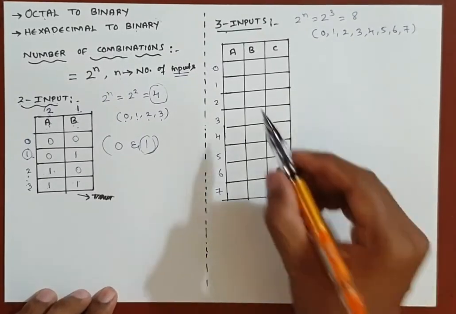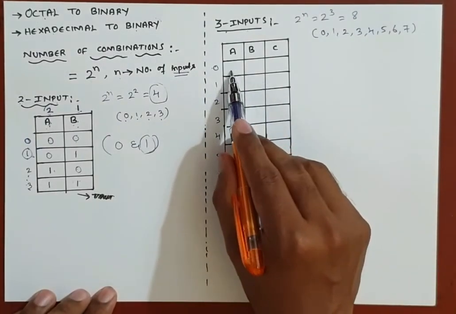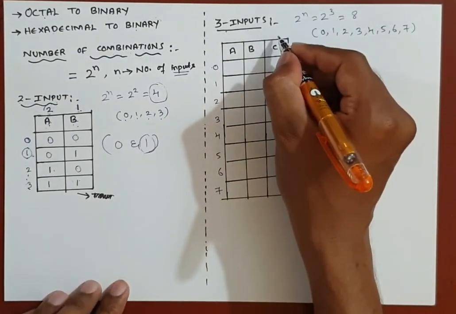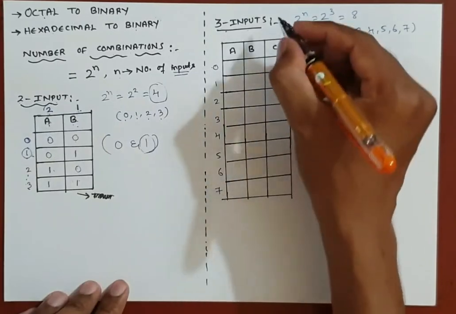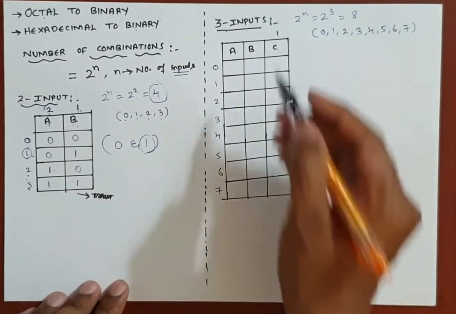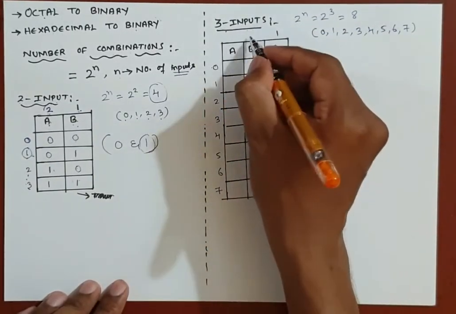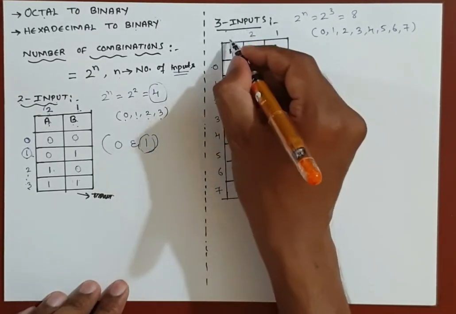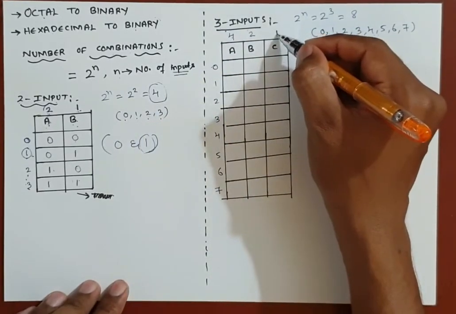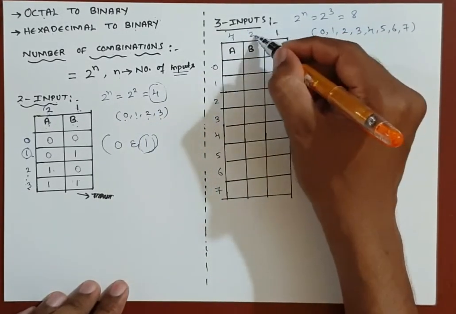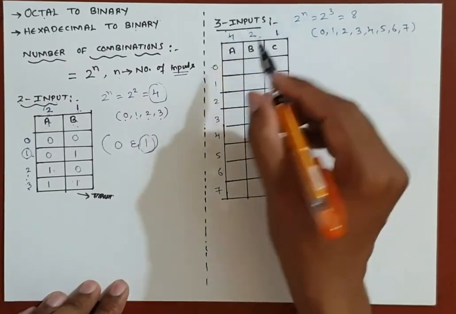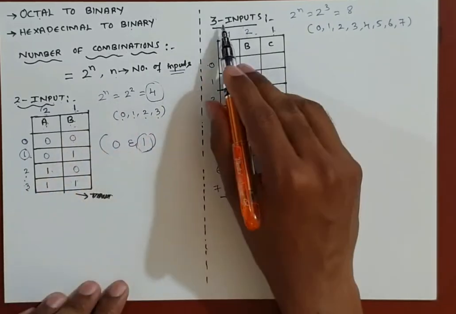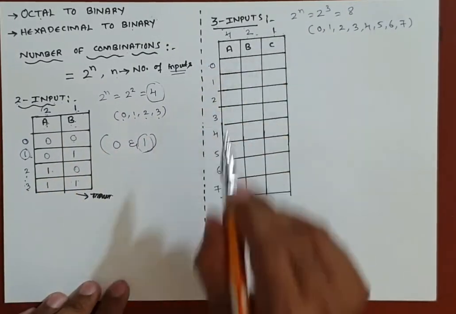Now how to fill this table: as I said, from the right hand side place 1 over here, next double it, 1 plus 1 is 2. We have one more entry here, again double it, 2 plus 2 is 4. So first place 1, next double it, 1 plus 1 is 2, again double it, 2 plus 2 is 4. It means this one is the 4 2 1 combination. For 2 inputs we have the 2 1 combination, for 3 inputs we have the 4 2 1 combination.